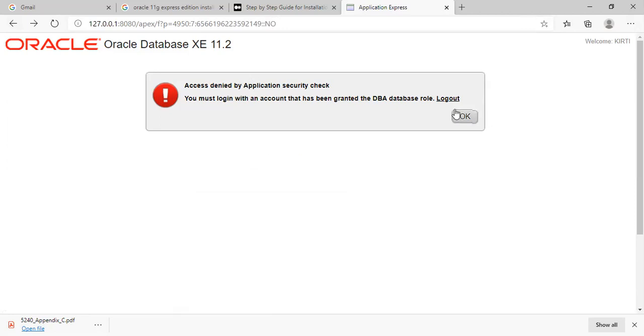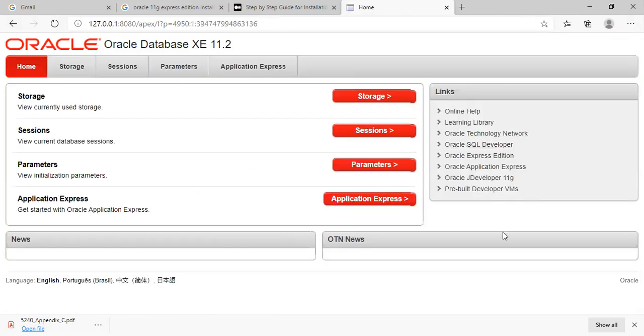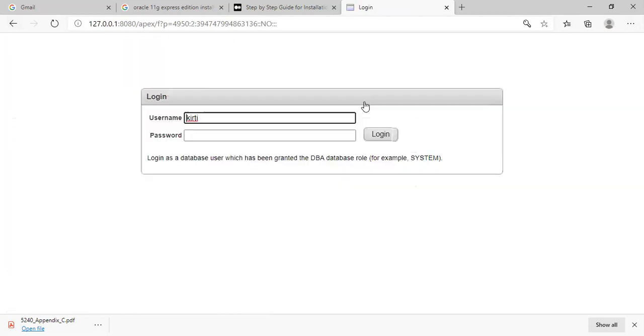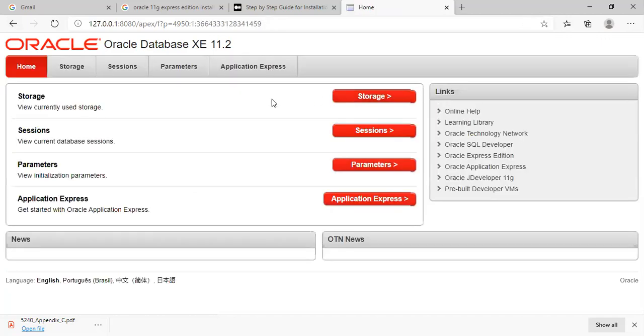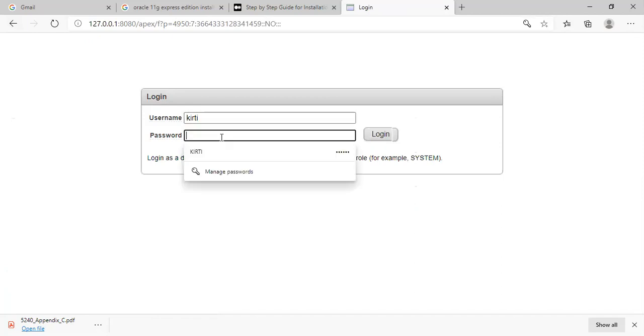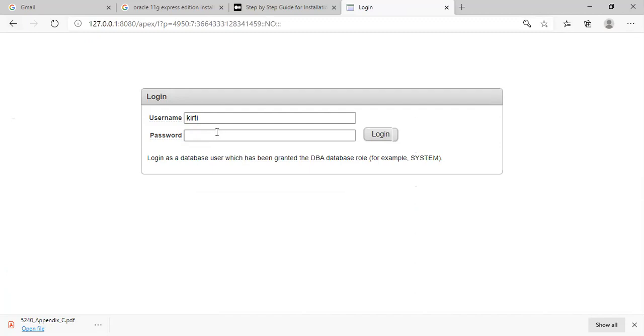Actually it shows us we are in the window. Login as a database user which has been granted DBA.